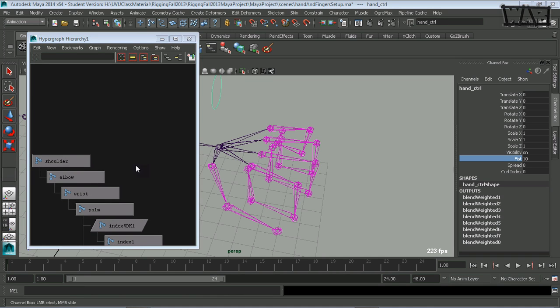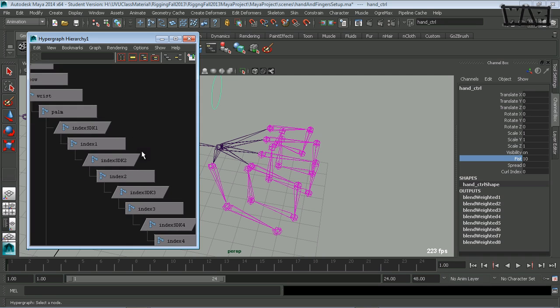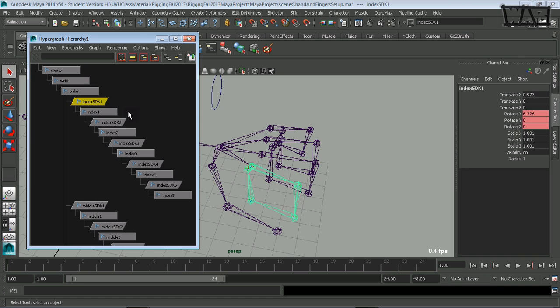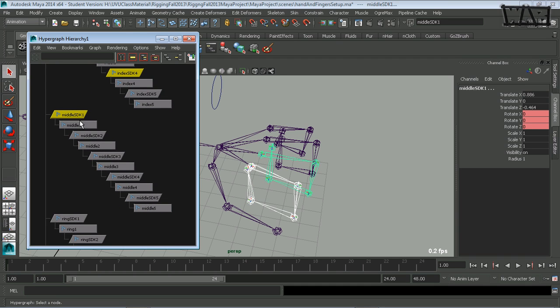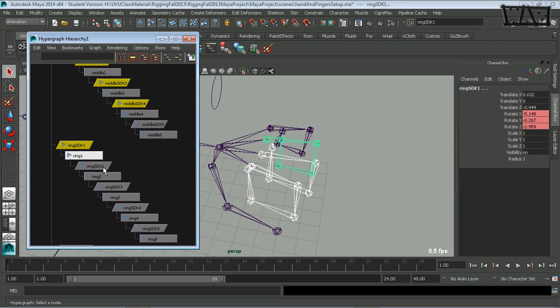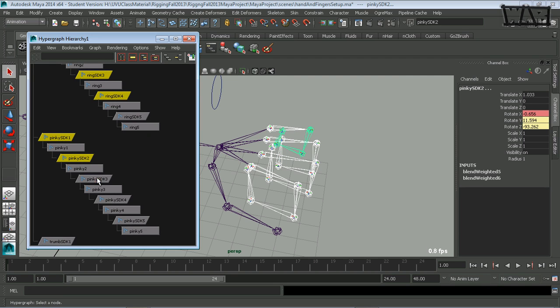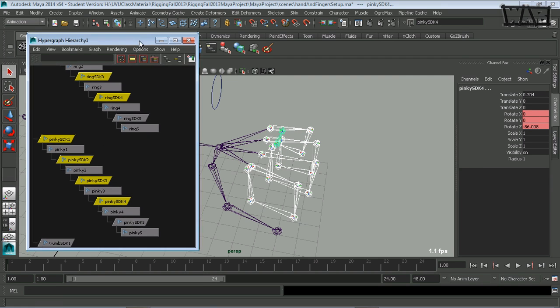We go in the hypergraph, and I'm going to select the index SDK1 and 2 and 3 and 2 and 3 and 4. I don't need the 5th one. And do the same thing for each finger. Okay, with those selected,